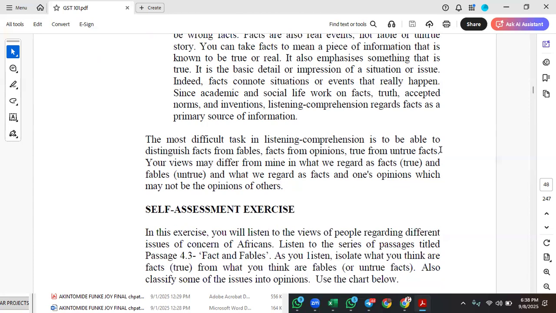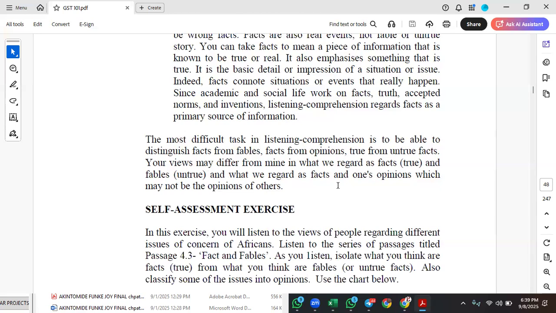True from untrue. Your views may differ from mine in what we regard as fact. That is true. And fables, untrue. And what we regard as fact and one's opinions, which may not be the opinions of others. It means that what we will call fact now, do you know that if we have